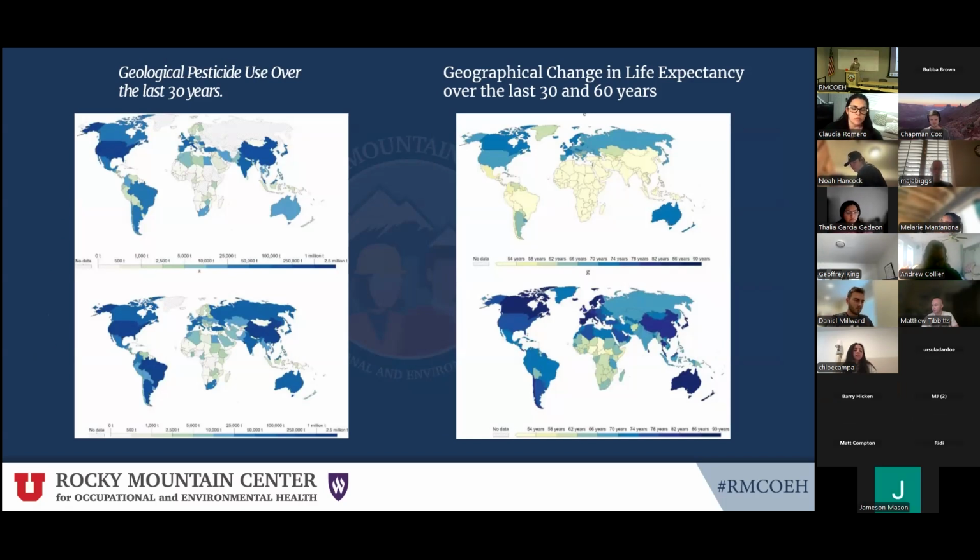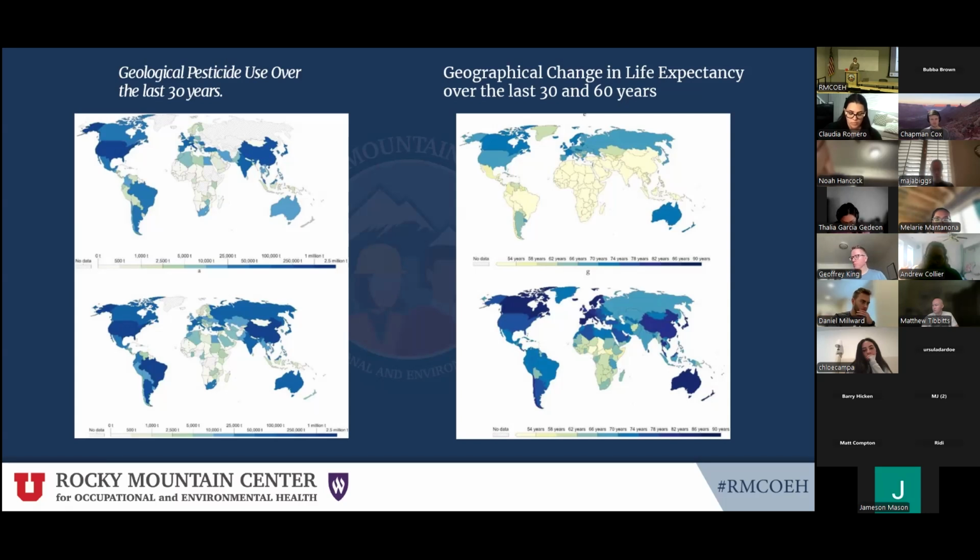So yeah, kind of interesting. The darker blue regions on the pesticide map, notably the US, parts of South America, India, and China, all have a high usage. And then the life expectancy along those areas has definitely increased as well. And I don't feel like it's a direct correlation. I just feel like with the advancements in technology we have, as well as advancements in medicine, are probably the key factors to those. But it definitely probably hasn't had an impact on reducing, I would say,